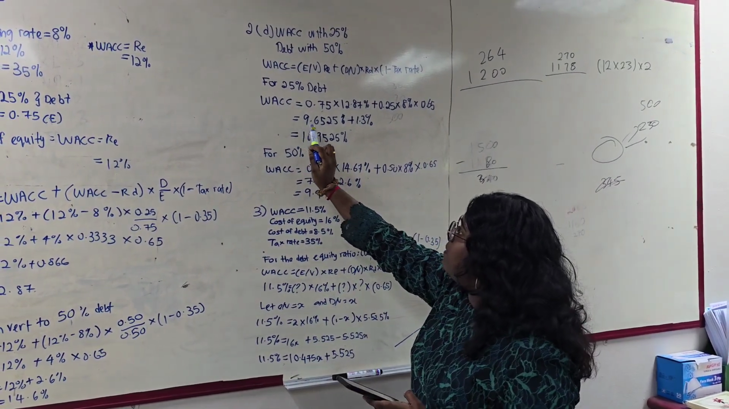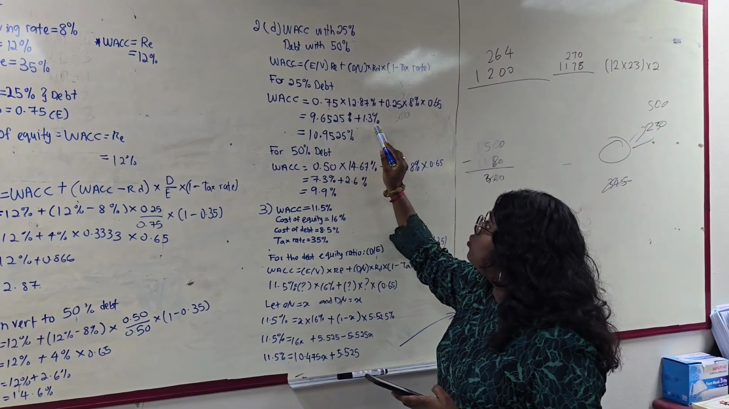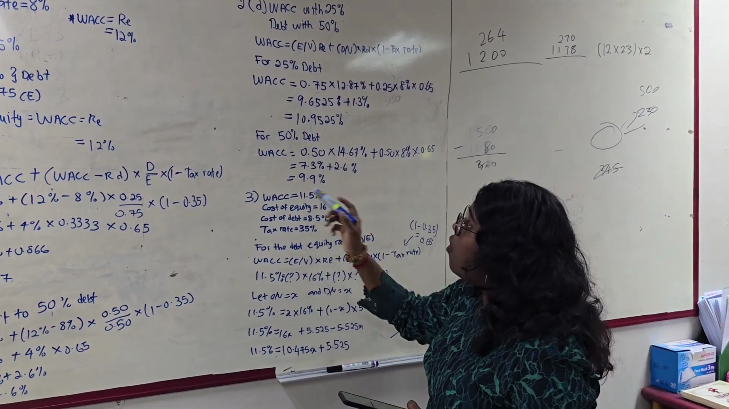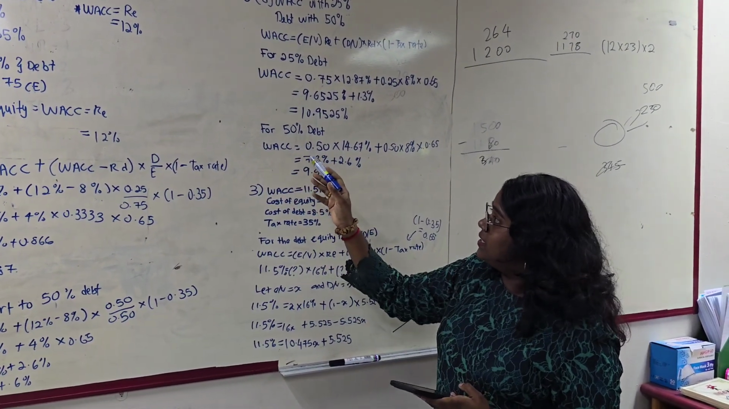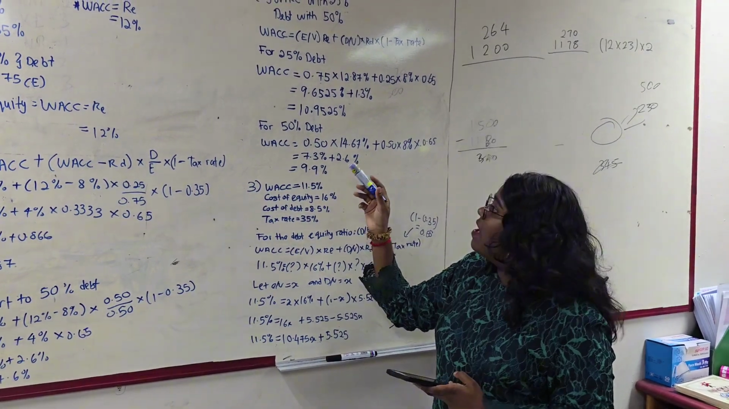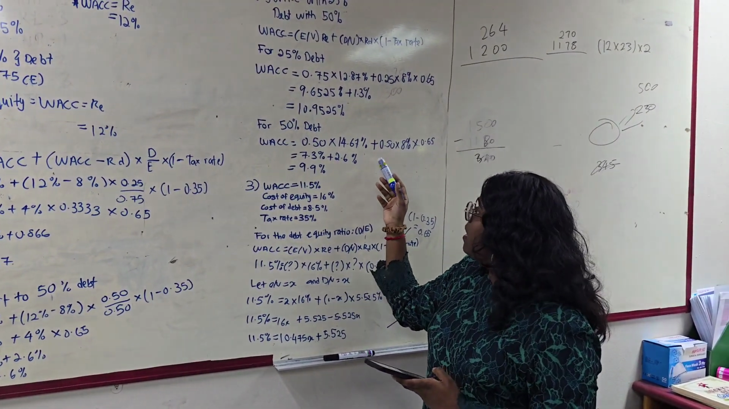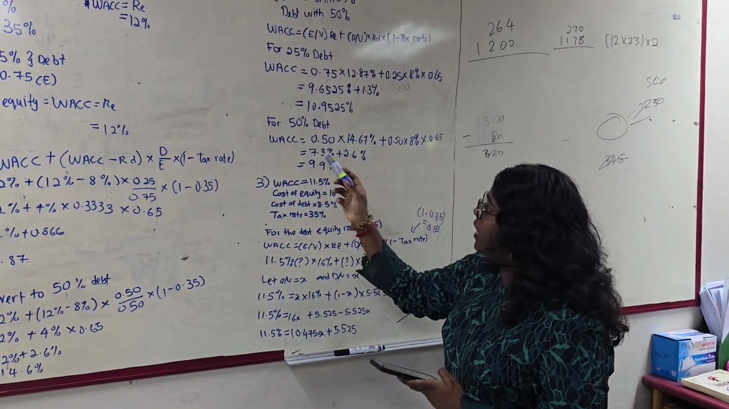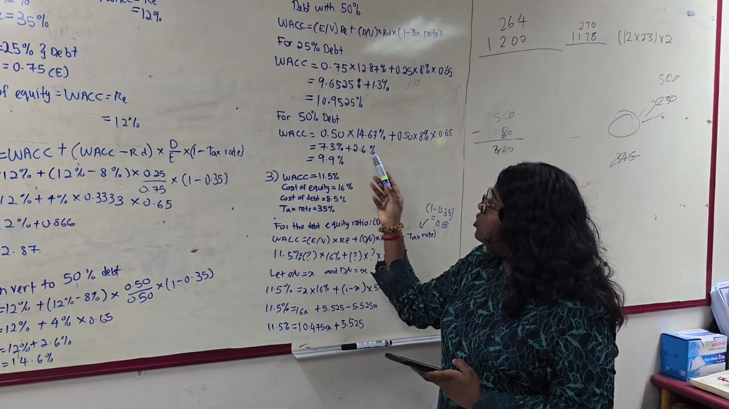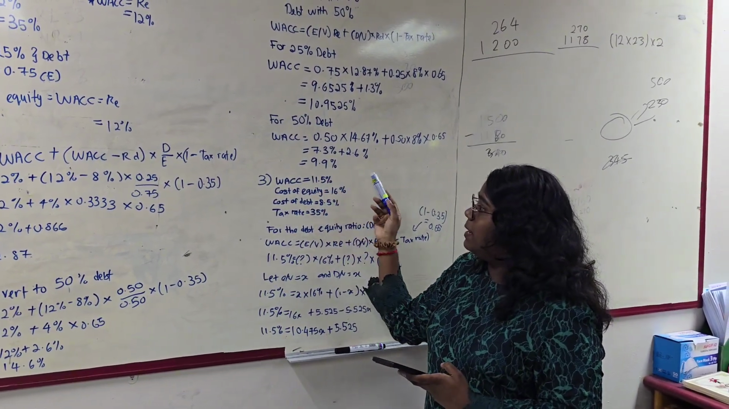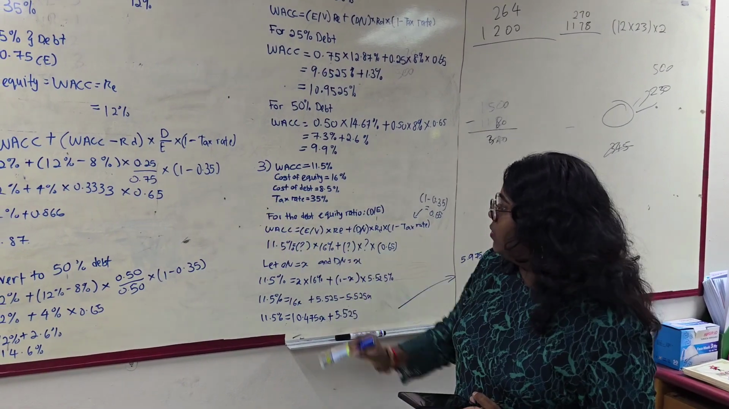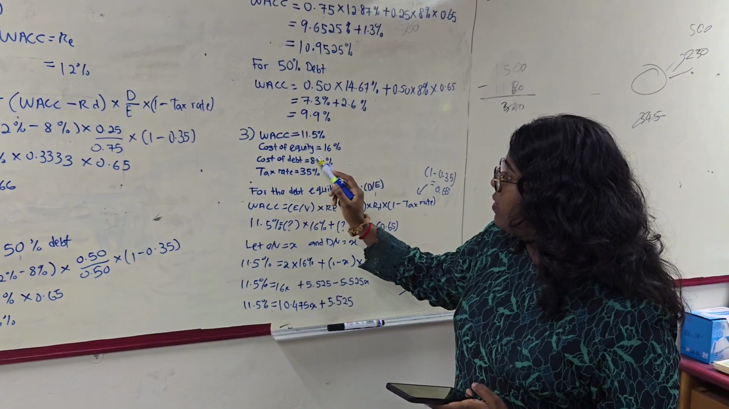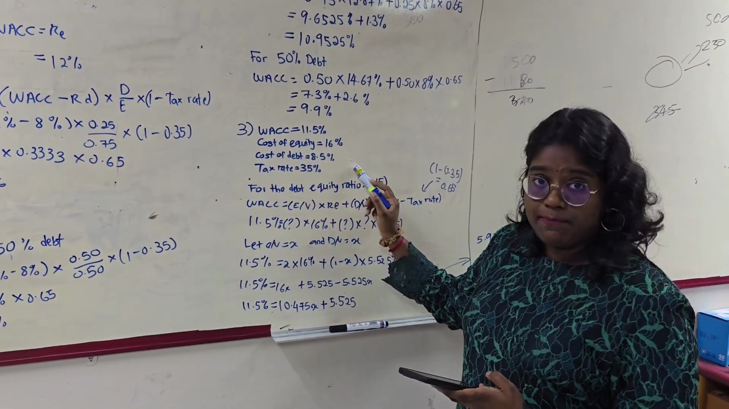It is given that 9.6525% plus 1.3 gives us an answer of 10.9525%. For 50% debt, WACC equals 0.50 times 14.67% plus 0.50 times 8% times 0.65, which equals 7.3% plus 2.6, equals 9.9%. As for the third question, WACC equals 11.5%, cost of equity 16%, cost of debt 8.5%,